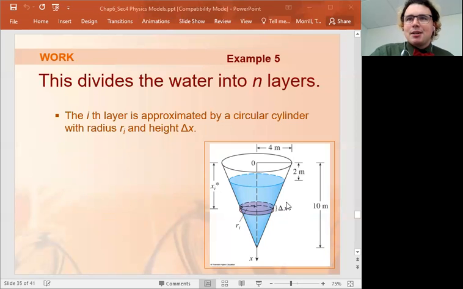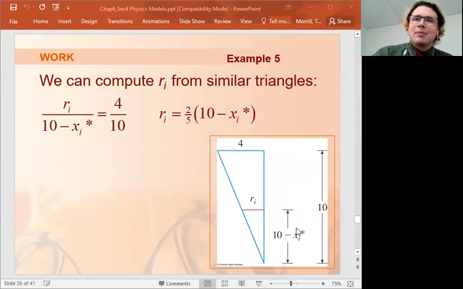So my radius, r_i, is the radius of this slice, and my thickness, delta x, is the thickness of the slice. Those two numbers together should give me the volume of my slice. Here, because I know a cutaway of my cone will be a triangle, the very top of which has a base of 4, and down here at coordinate x,